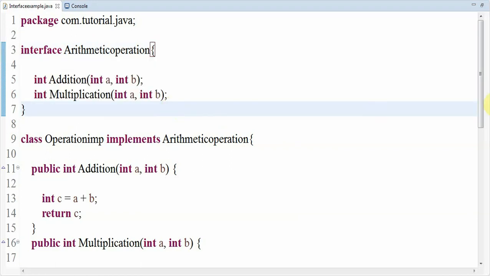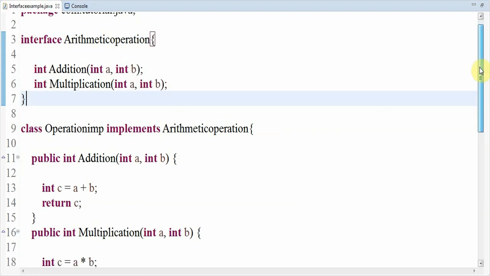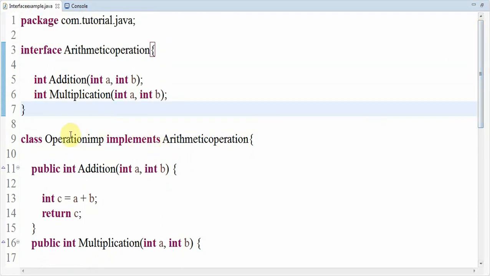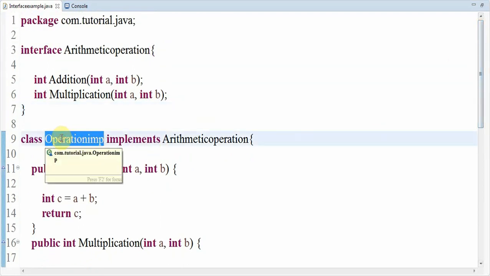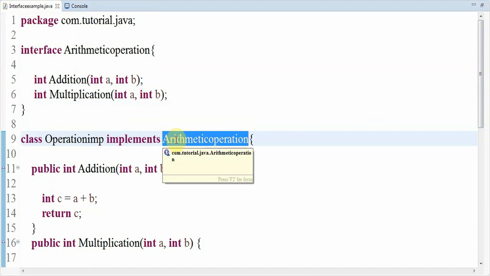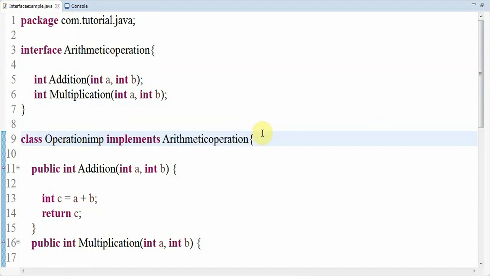Next I'm trying to implement that interface using the class OperationImp, which is nothing but operation implementation. You can see here I have written implements, and here I have written ArithmeticOperation. When you saw inheritance, which I explained in the previous video, inheritance is nothing but one class extending another class.